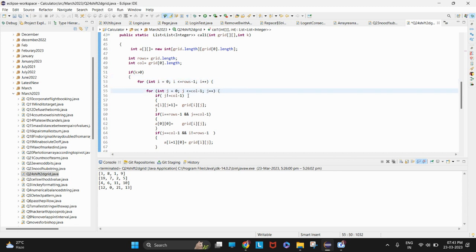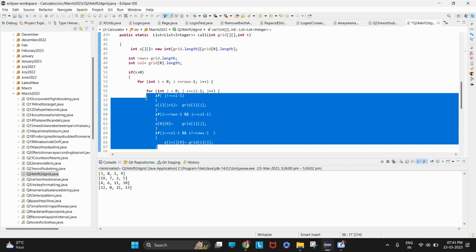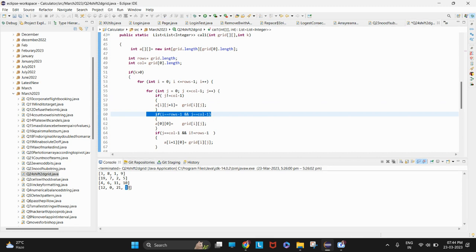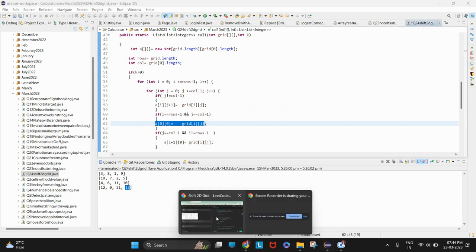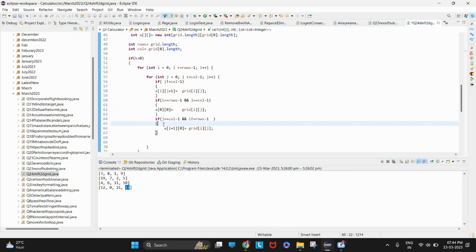So iterating through rows and columns, these are the three conditions which we need to check every time we read a row or column and fetch an element from the 2D array. If it is not an edge element, then we have to shift it to the next column. If it is the last element in the last column, that is [m-1][n-1], like here, we have to shift it to the 0th position, like this element 9, we have to shift here. And the last condition is,